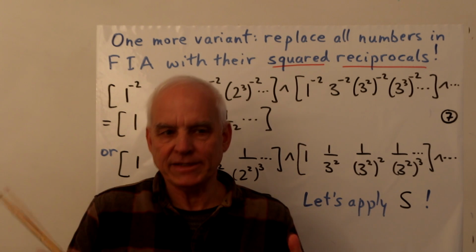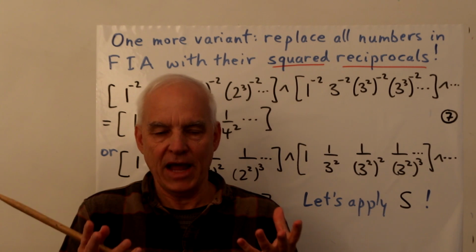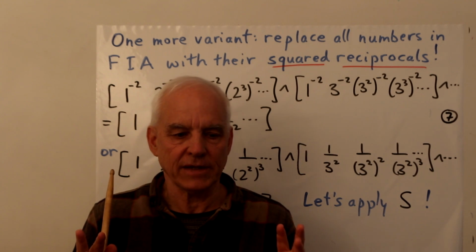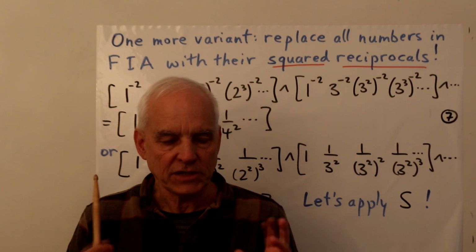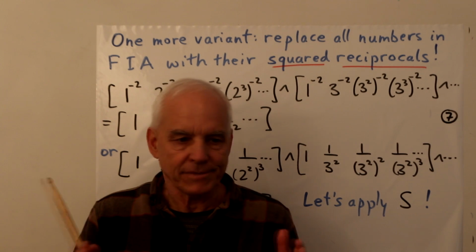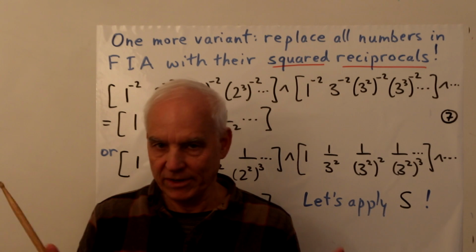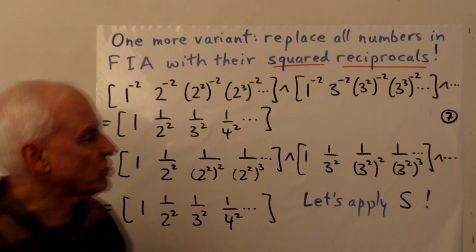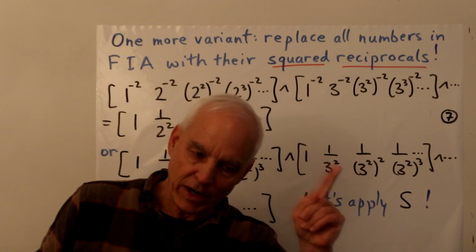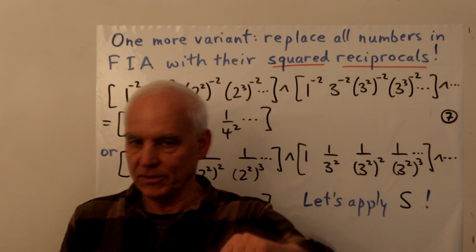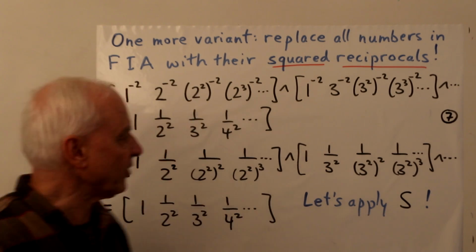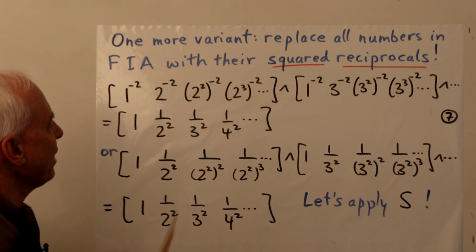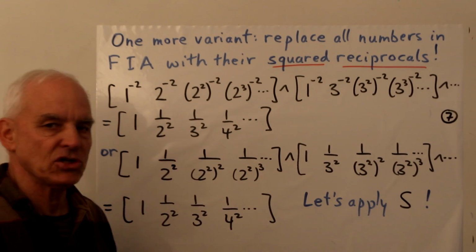But also brings suddenly into being this idea that actually we're doing something non-trivial here, that we're actually touching base with some subtle and actually rather delicate mathematics, just from this sort of elementary arithmetic with these boxes and carets and forming sums. So the variant is that we're going to replace all numbers in the fundamental identity with their squared reciprocals. Not their squares, not their reciprocals, but the square of their reciprocals, or the reciprocals of their squares, same thing. So, looking at the first box with powers of 2, we're taking all those powers of 2 and raising them to the -2 power.